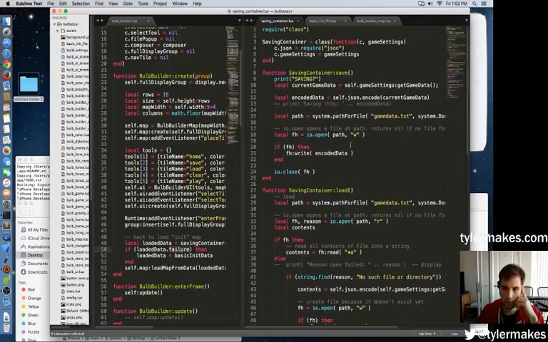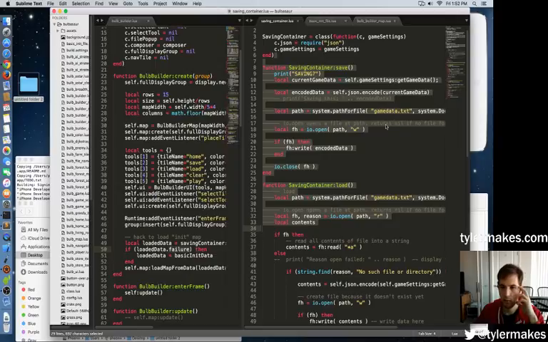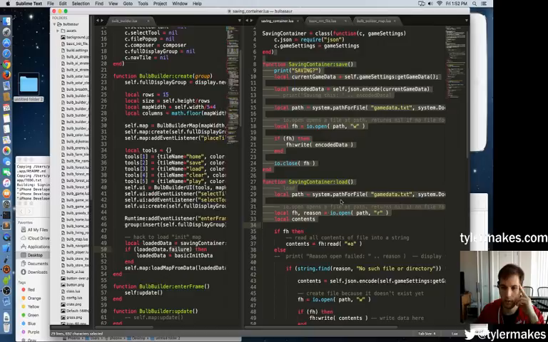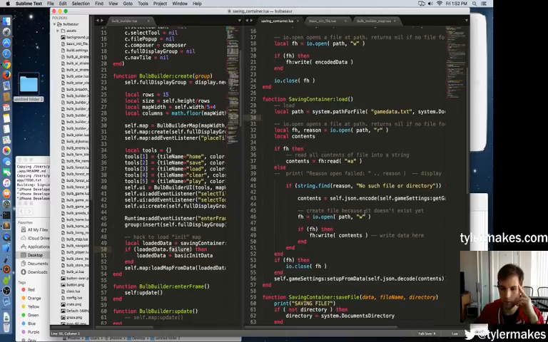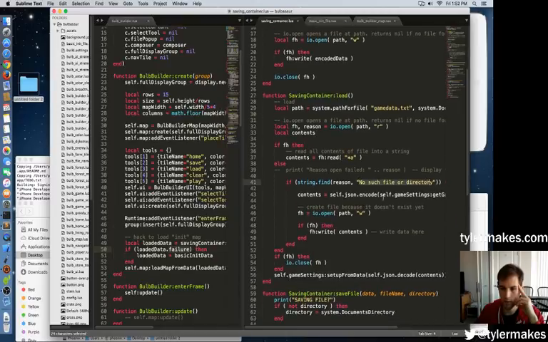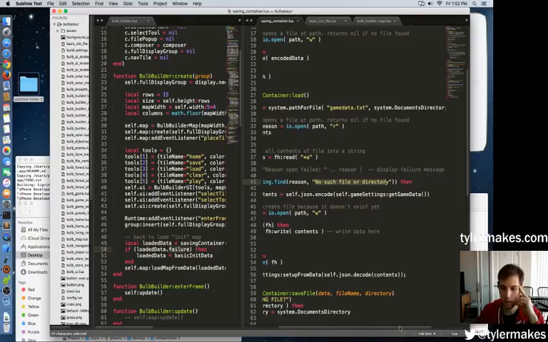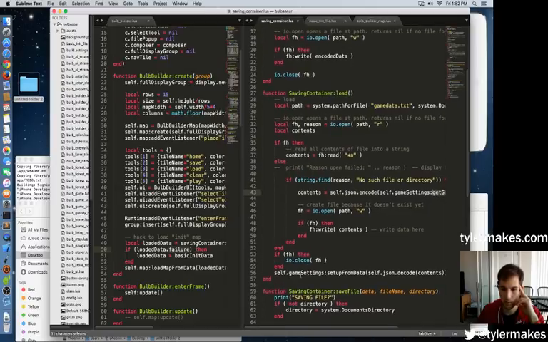So, like, let me just show you this real quick. We have save and load, which load our game data, which is the basis of our entire game. And they do the thing that we want to do right now, which is that if this failed for some reason, like, hey, look, we failed because there's no file or directory, then we actually want to do game settings get data and encode it, and then we'll return that